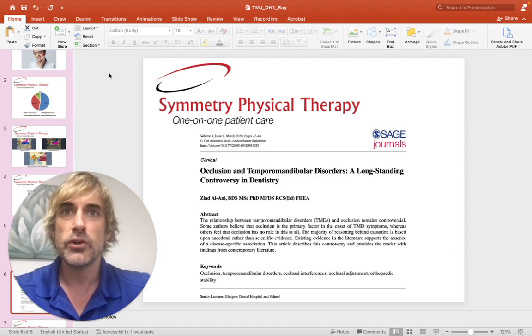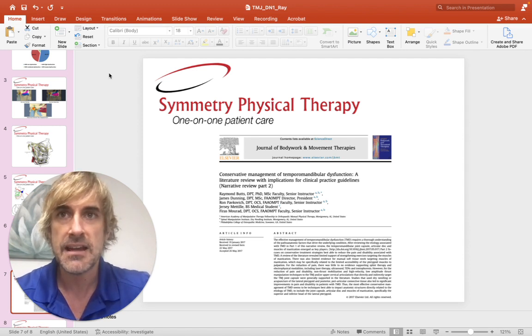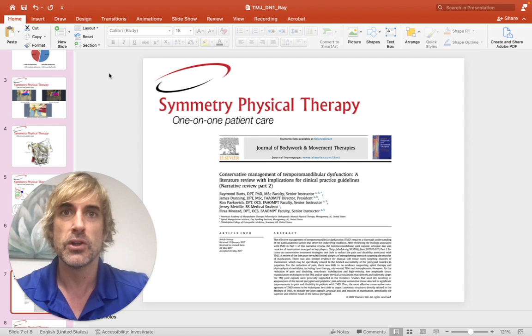While looking at the occlusion of the joint itself can be an important aspect of treating temporomandibular dysfunction and has been extremely effective in some patients, this treatment paradigm remains controversial and can be very expensive. Here at Symmetry Physical Therapy, we have reviewed and published an article on the very best treatments of temporomandibular dysfunction conservatively. While the evidence for exercise, modalities, and posture control is limited, there is significant evidence for manual therapy to include mobilization of the temporomandibular joint itself,